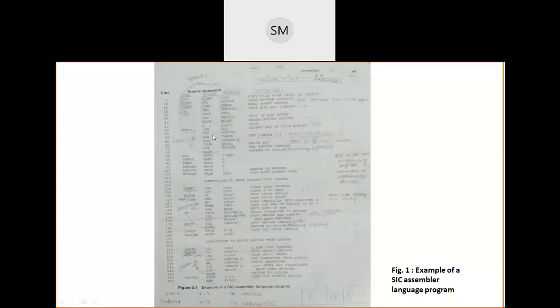Clear? Because this JSUB read record may also be present in my main function, but I am not jumping from here to the OS. I am jumping from here to my OS actually. So because of that, it is always better to store that return address in the linkage register L. So I have stored it and then I jumped to my OS, the operating system. Clear? This is the logic of your program.